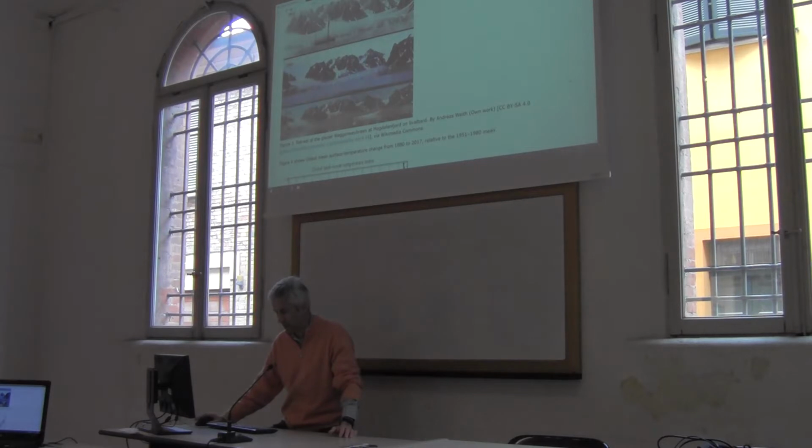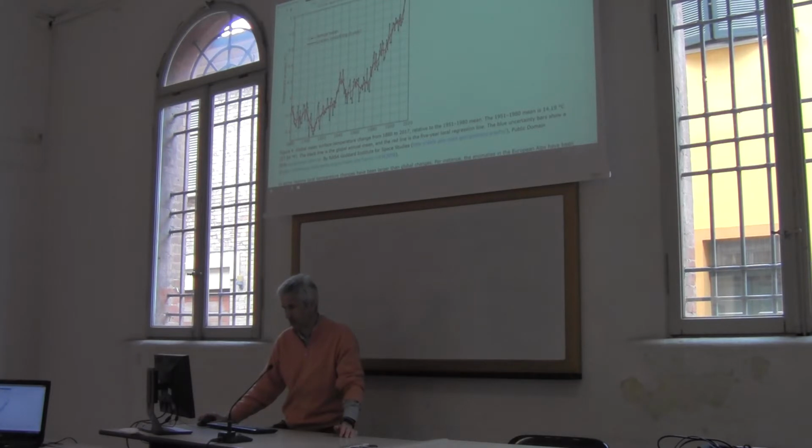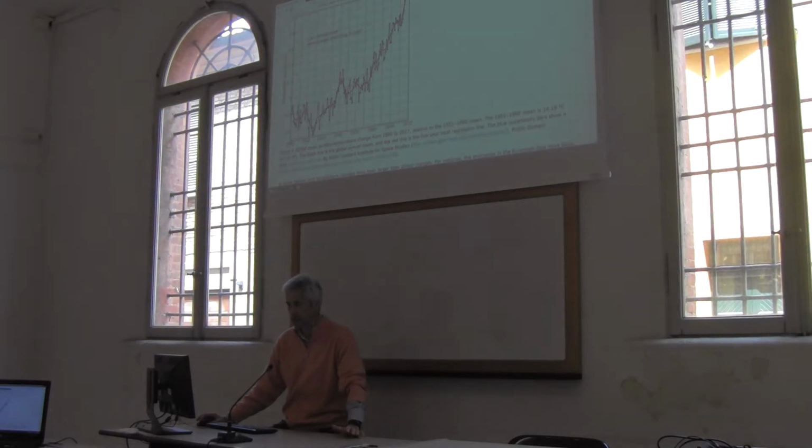So let's look at some graphs. And this is global temperature. This is a graph from 1880, so starting of the Industrial Revolution, to 2020. It looks like a sharp increase, but let's look at the details. First of all, the vertical scale. 0 is the global average, the overall average during this period, okay? And we go from minus 0.2 with a minimum of minus 0.4 to plus 0.8, more or less, let's say plus 1. So we are talking about plus 1, plus 1.5 degrees.